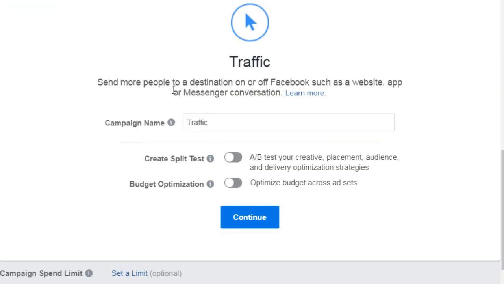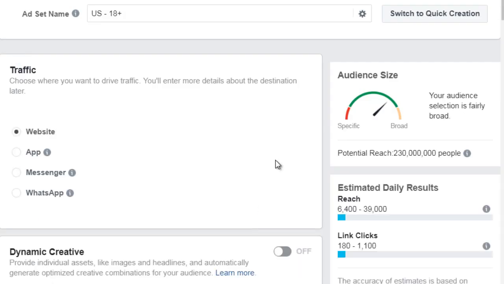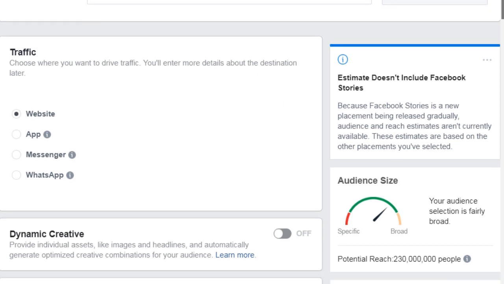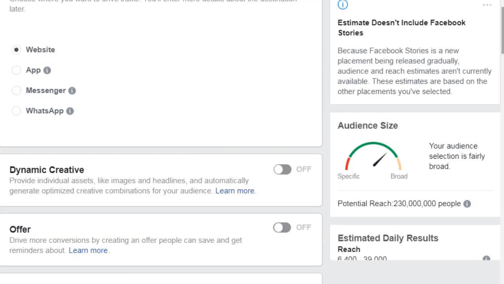And then of course we're going to name the campaign. We'll call it Retargeting Test 1. You can split test, you can do budget optimization. We're not going to do any of that. We're going to keep it simple. Now, as you can see here, this allows us to focus on a specific demographic. So we've got traffic, we scroll down,